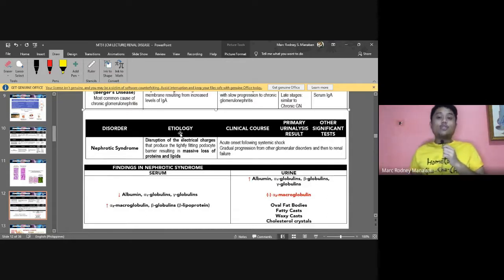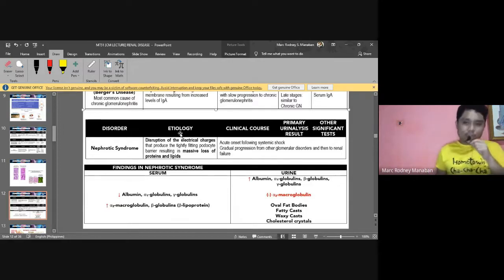And there is an increase in alpha-2 macroglobulin because of its large size, dili siya ma-filter, all right? And there is an increase also in beta globulins because the liver compensates for the decrease in your protein by producing more lipids. Okay, so therefore there's hyperlipidemia, hypoproteinemia. All right. For urine, of course, dito ang daghang protein. That's why there's massive proteinuria. Pero you cannot see alpha-2 macroglobulin sa ihi because again, ngano to, wala siya na filter kay dako iyahang size. Okay, all right. And of course, there's also lipiduria in your patients with nephrotic syndrome.